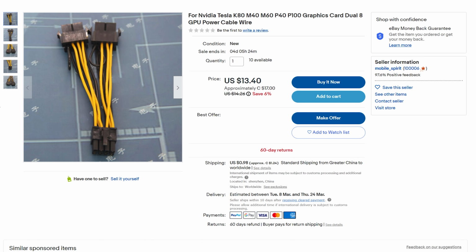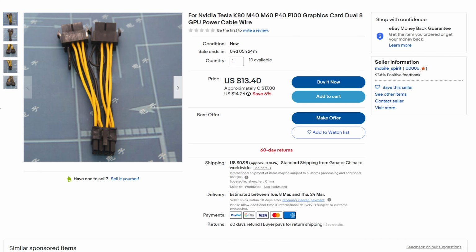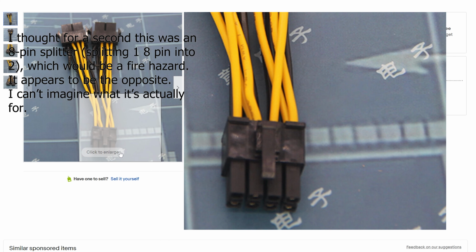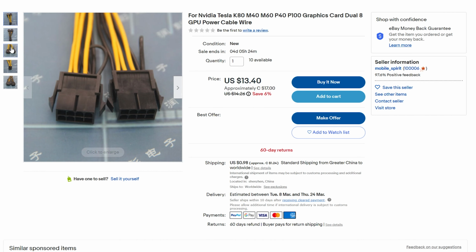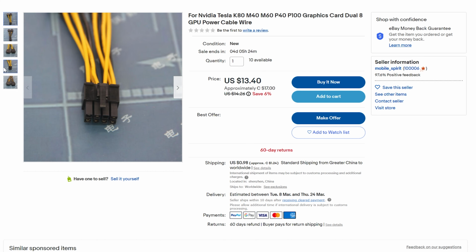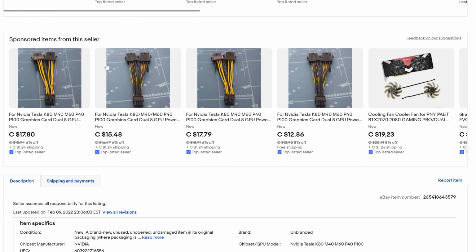Wait, is this cable what I think? There's no way someone would... No, because that's not the way that it would go. No, because I was thinking for a second, wait, is that a dual 8-pin? Okay, so it's either a dual 8-pin to one, it's not a 12-pin. And for a second I thought that was a really, really dangerous adapter that was going to split one 8-pin into 12, but it seems one 8-pin into 2, but that's...